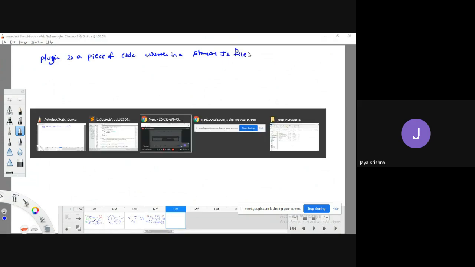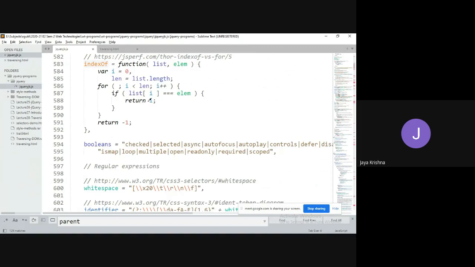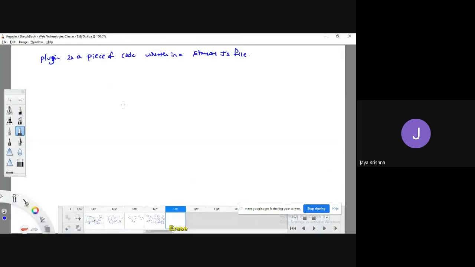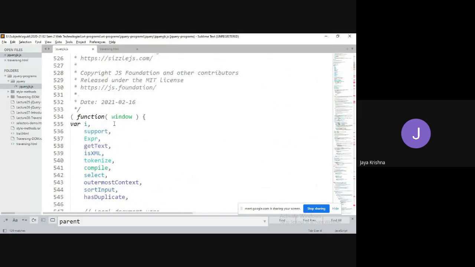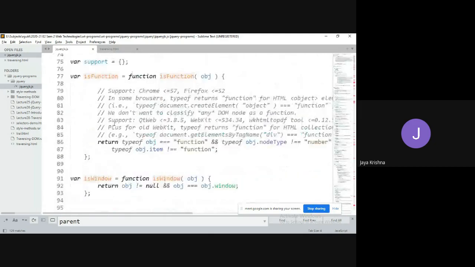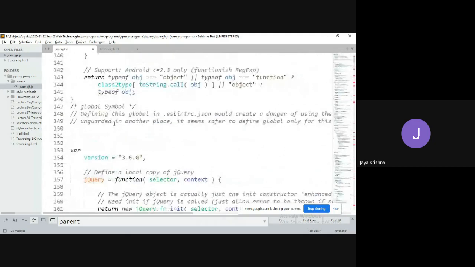If you observe this plugin, it is a kind of standard JavaScript library file. It contains various methods, all of which we can work with wherever required.